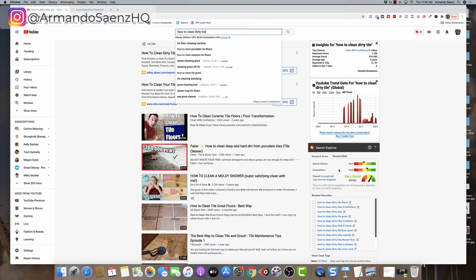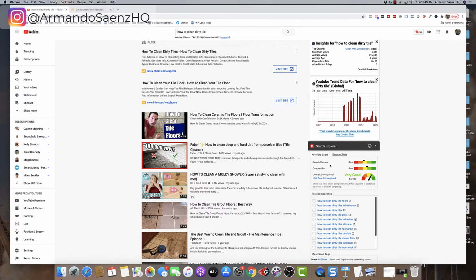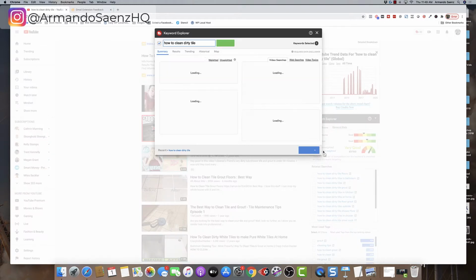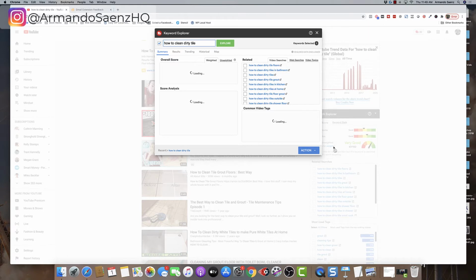The second thing that we're looking for is TubeBuddy, and this widget here is TubeBuddy. So if you signed up for that, you'll be able to see this. We're going to be looking for search terms that actually have not that many videos competing against the same search term. And so what I mean by that, if I click on weighted search term,